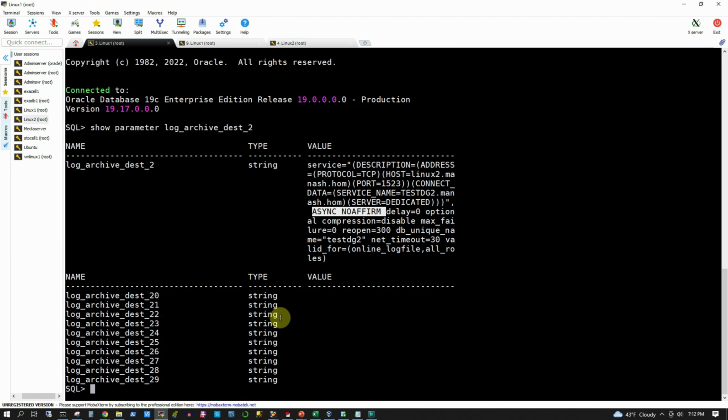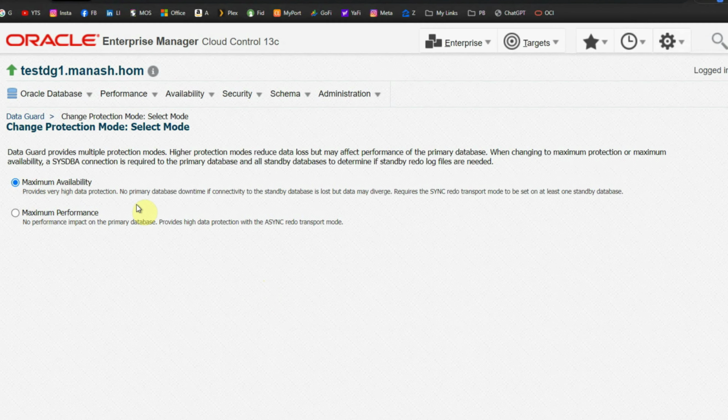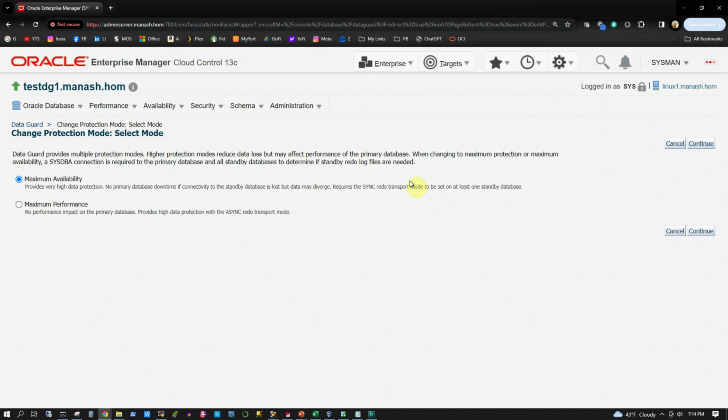So we'll go back to the OEM console, and there we'll select the maximum availability protection mode, and here it says that the maximum availability provides high data protection, no primary database downtime if connectivity to the standby database is lost, but data may be diverged, and this requires the log transport mode to be set to SYNC if not already set. As we have seen that the log transport mode is currently ASYNC, this activity is automatically going to set it to SYNC. So let's click on the continue button,